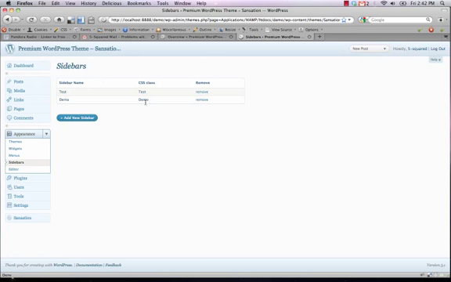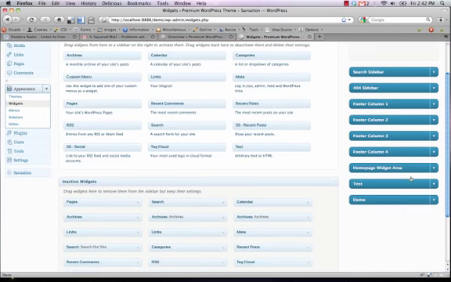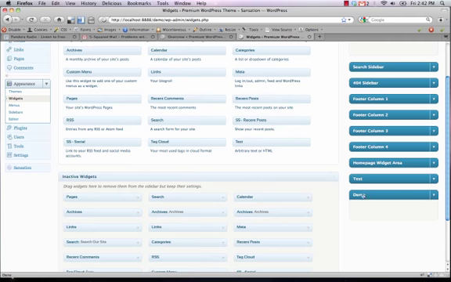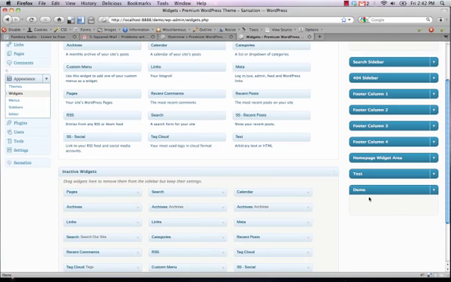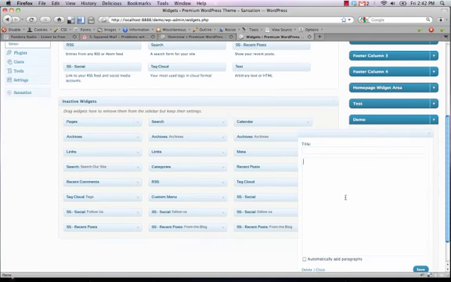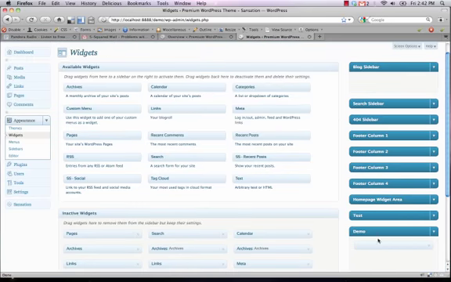So now that the sidebar is created, if we go over here and click on Widgets, so it's Appearance, Widgets, and if we scroll over to the right, you'll see down here, this demo. This is the new one that we just created. Anytime you create a new sidebar, it'll get added to the bottom of the list over here. Then it works just like a regular sidebar, so you just drag and drop your widgets in there, and then after you're pleased with what you have, you just have to assign this sidebar to the page